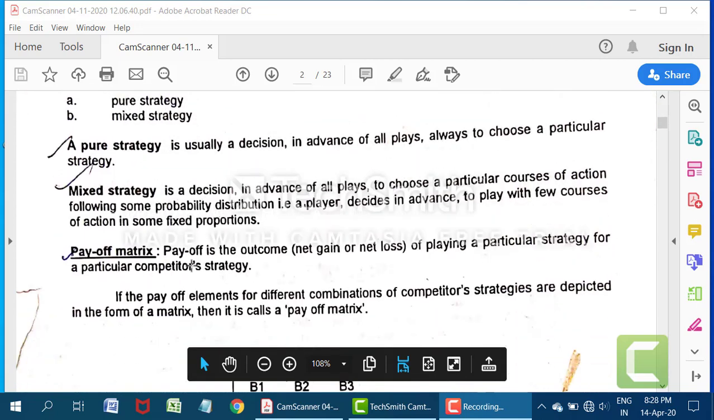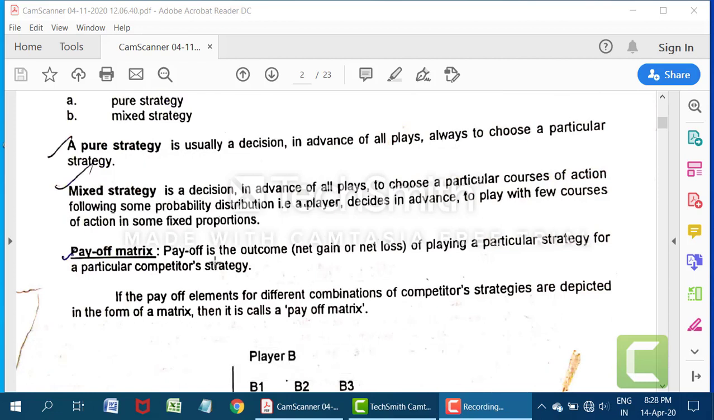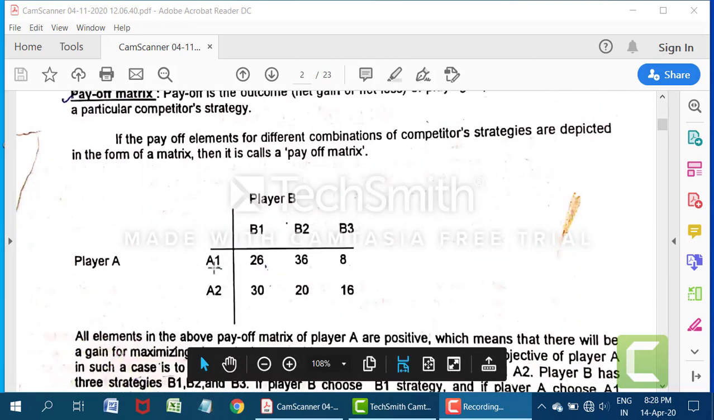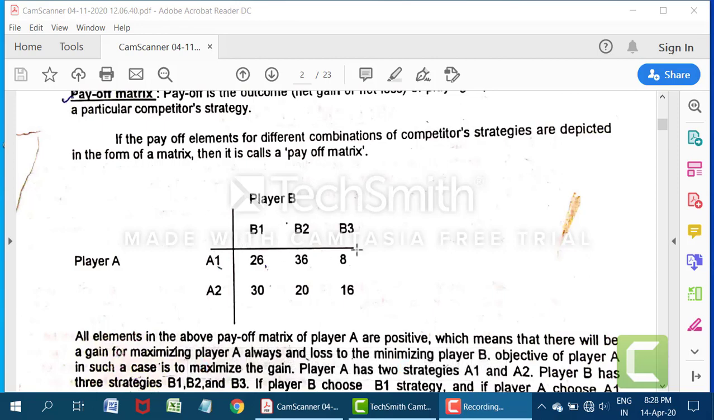So payoff matrix, I told you, payoff means if player A plays with one particular strategy, player B plays with a counter strategy. Say this one. Assume that player A has two strategies, call them A1 and A2. Similarly, player B has B1, B2, B3. Three strategies are there for player B. If A chooses and plays with the A1 strategy, B chooses the B1 strategy and plays the game, then the payoff